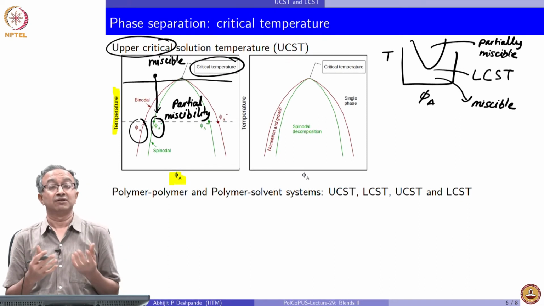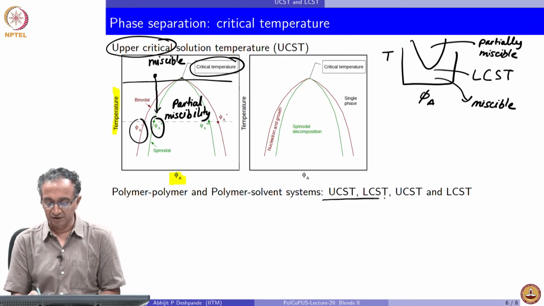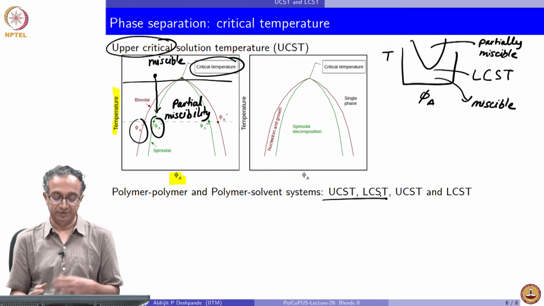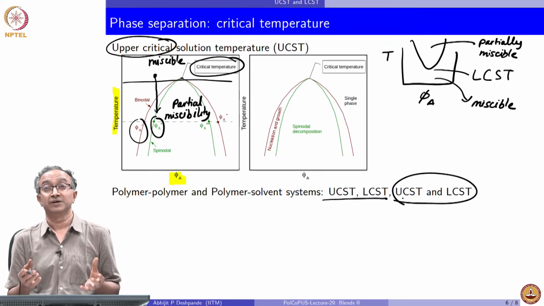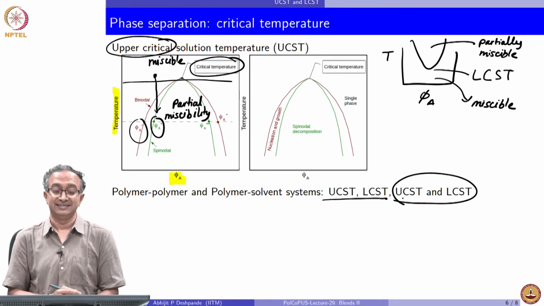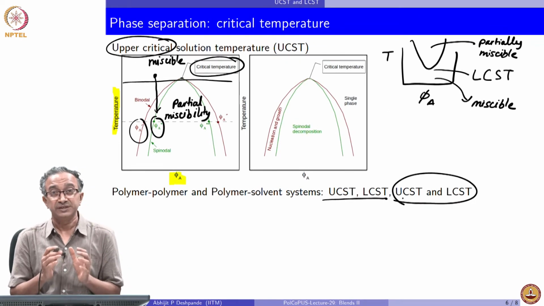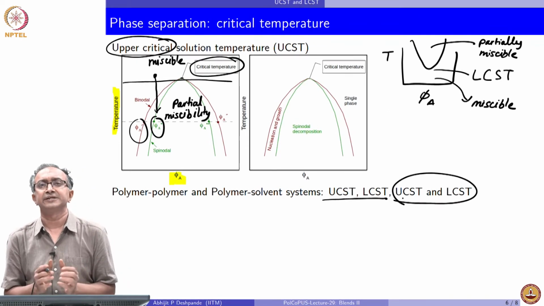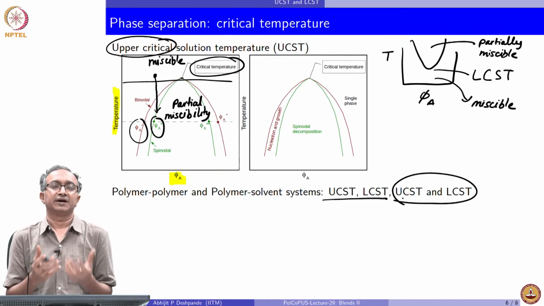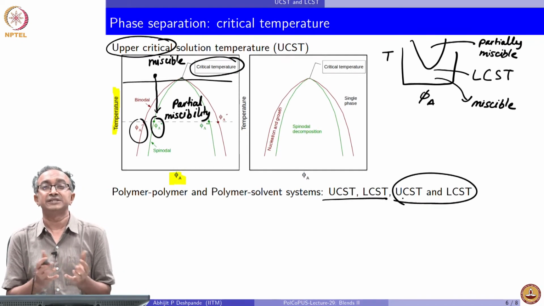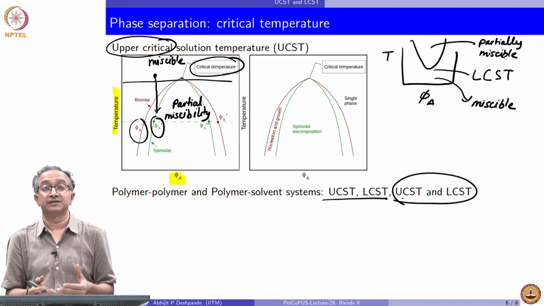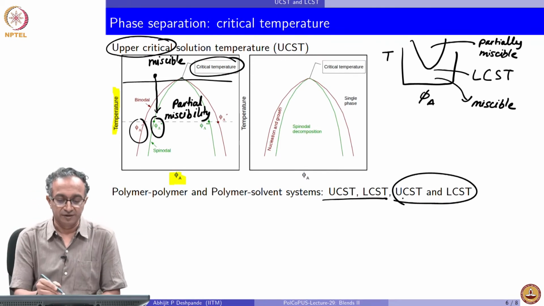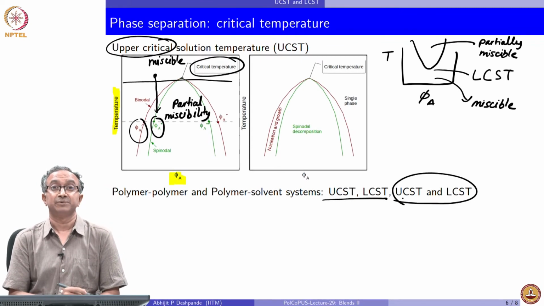So in polymer-solvent systems or two-polymer systems, all these behaviors are possible: we may have a UCST or LCST alone. It is also possible that we have a combination of both UCST as well as LCST. And what's critical from a polymer application point of view is our target is to achieve a certain set of properties by mixing polymer A and B. And it is of our interest to know how A and B are distributed in the final engineering part that is going out. And this will depend on how the phase separation happens.